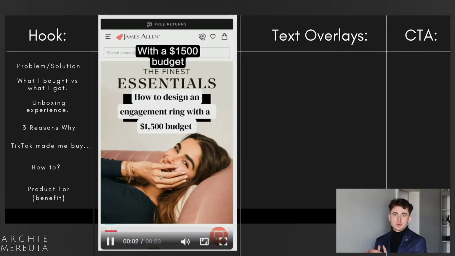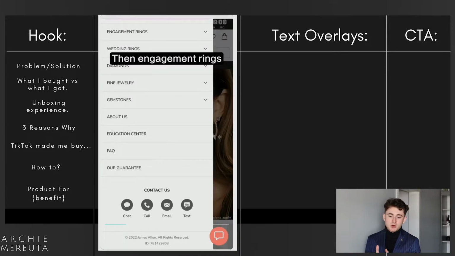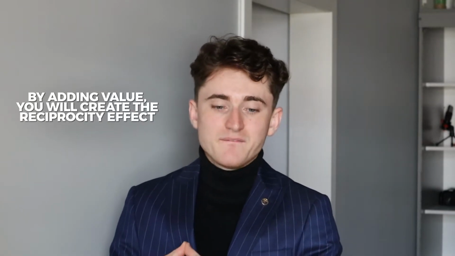It doesn't matter what kind of business you are in. Here we're talking about jewelry brands. Even if you have a service-based business, or if you have an e-commerce, when you can deliver value upfront to the customer without asking anything back, that is going to create this reciprocity effect. This means that when you are helping someone with some kind of problem,